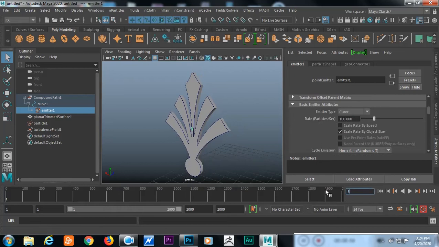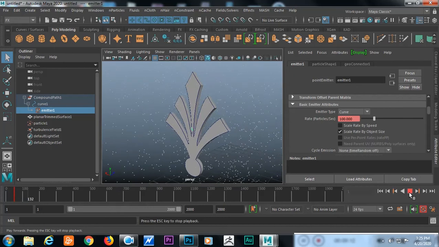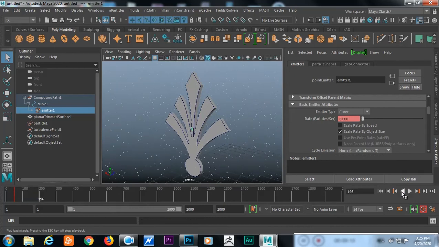I'm just going to jump to frame 50, and particle rate should be 100, and on frame 51, I'm going to keep the particle rate at 0. Okay, and now we aren't going to see any extra particles coming out.